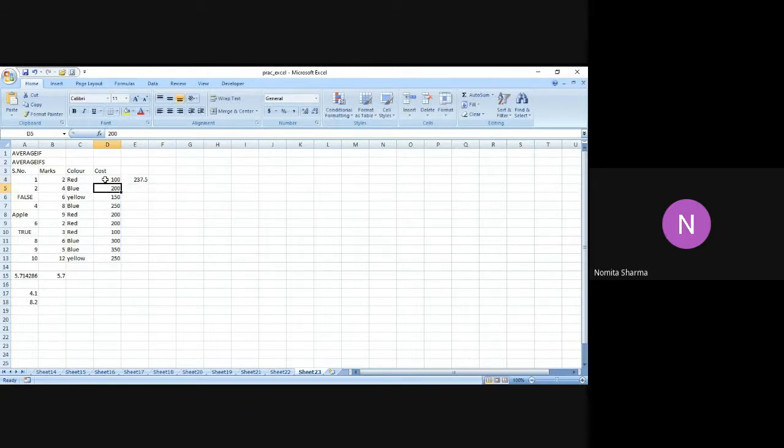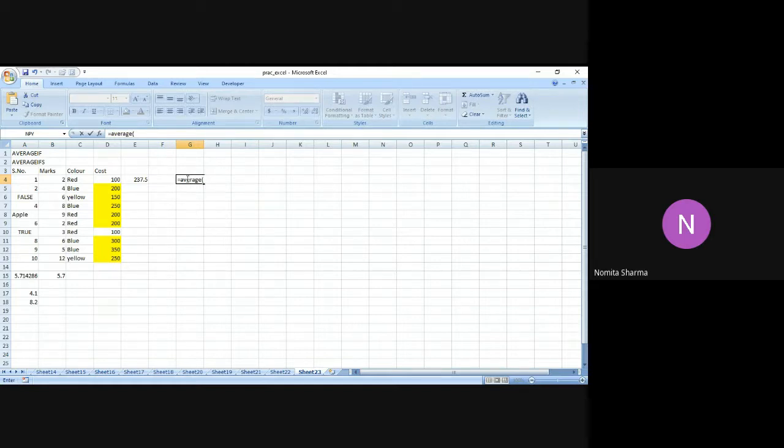Let me now check. It is always a good practice to check the answer that you're getting. So more than 100 is this, 150, 250, 200 is also more than 100. Then we have the other answers as 350, 250 and 300. Now let me check whether this is the answer that we should be having or not.